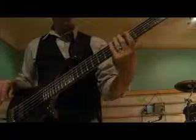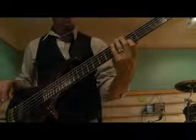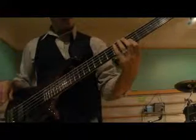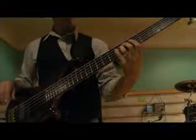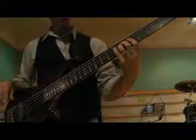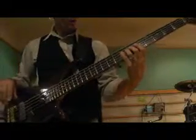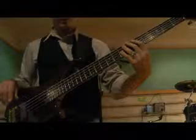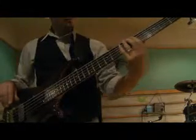And then we're going to take the first finger across to the G on the D string on the 5th fret. And then our little finger is going to play the E on the 7th fret of the A string. And then we're going to move our little finger again across to the 7th fret of the D string for the octave of A. So that's